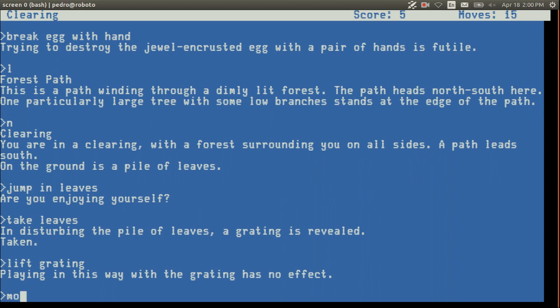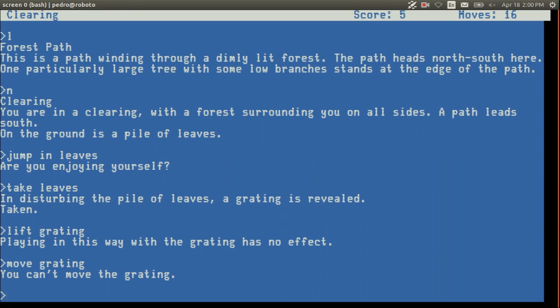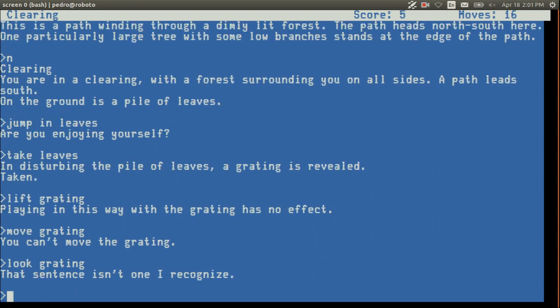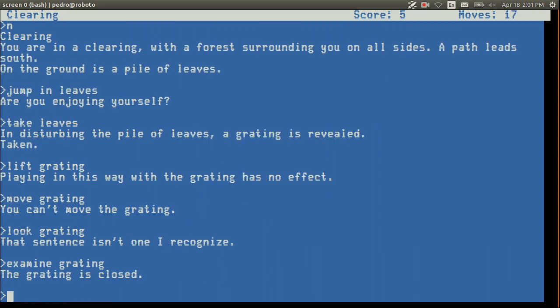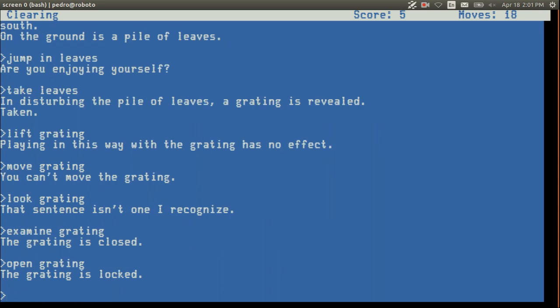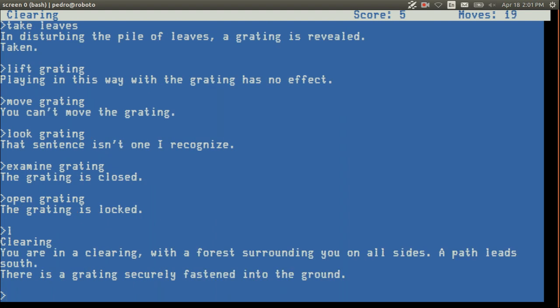Ooh, we need to like pry it open or something. Look at grating. Open grating. One thing, grating with the egg. No. So what now? The grating is locked. Use your level 100 lockpicking to pick the lock.